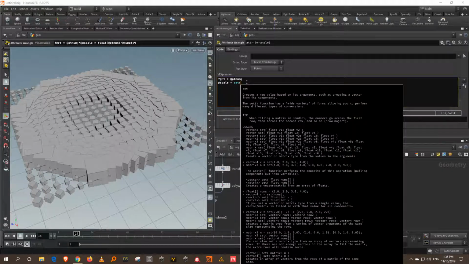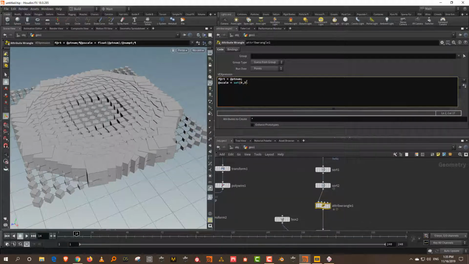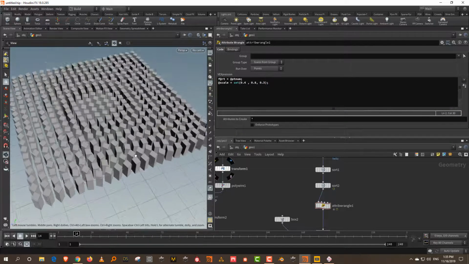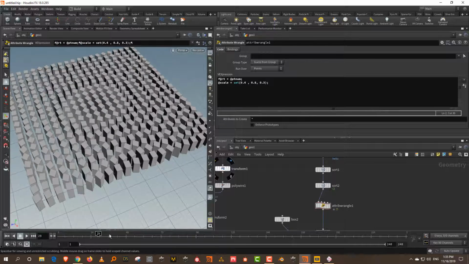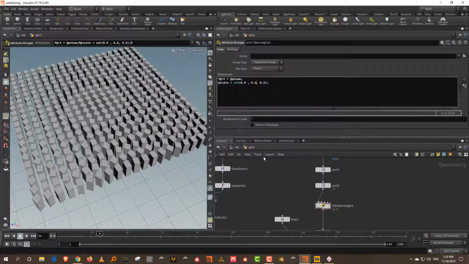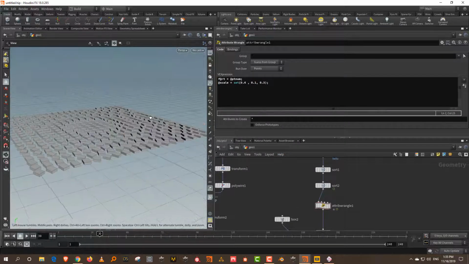Let's say I wanted 0.4 in X, 0.8 in Y and 0.3 in Z. If you click this, you've done a non-uniform scale. If I make it say 0.1, you can flatten it like that.